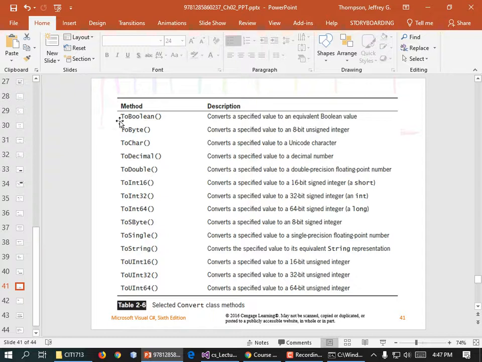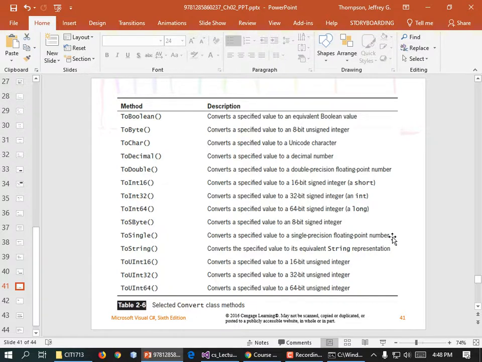There are all sorts of conversion types. Boolean: somebody types in the word true, you can turn it into a Boolean. I wonder if it would also work treating 0 as false and 1 as true if you pass those two values to Boolean, but certainly true and false as your strings would work. To a byte, any number that can fit into a byte, it should be able to convert, and so on, to double, to Int16, which is the same thing as a short, to Int32, which is the same thing as a regular int, to Int64, which is the same as a long, to SByte, which is a signed byte,